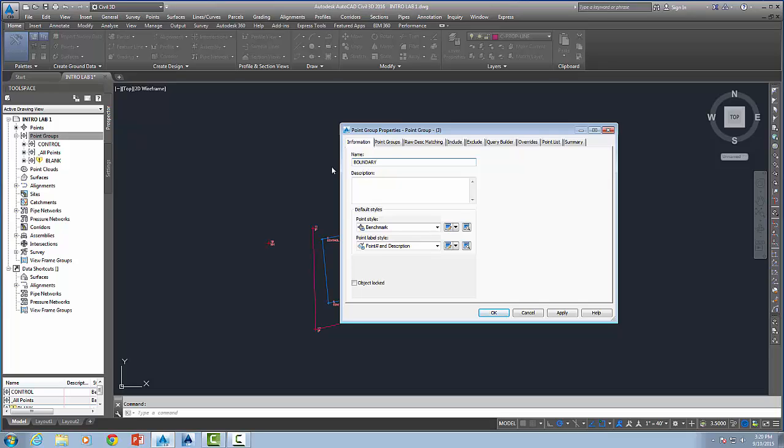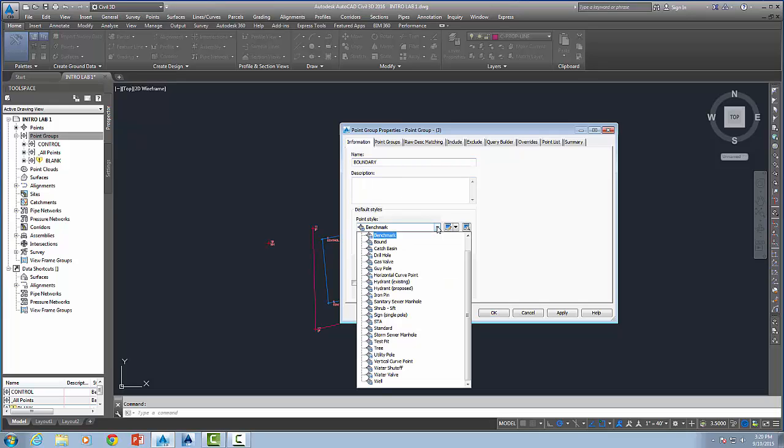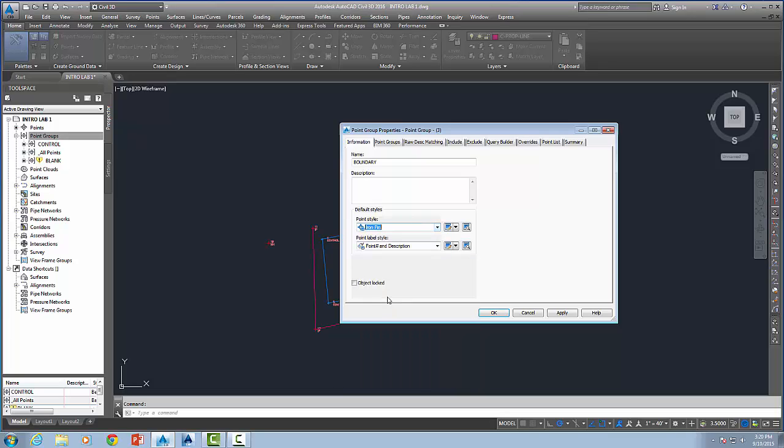Okay, and I'm going to find, let's see if we can find a nice mark here. Let's see if they've got one that looks good. Not sure what their bound looks like. I'll go with the iron pin, so I'm going to set that to iron pin. And my description, I'm just going to put the description only in this one just so we can see some differentiation. Now, what I do want to tell it to do is to include all of the points that belong